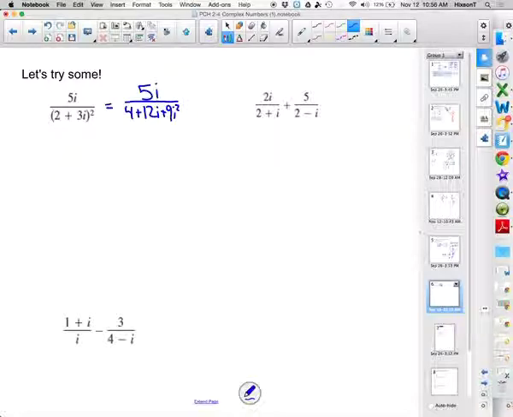Yeah, go ahead and practice putting them in standard form. That multiplied by itself, and you get like negative 144 minus 24, which is